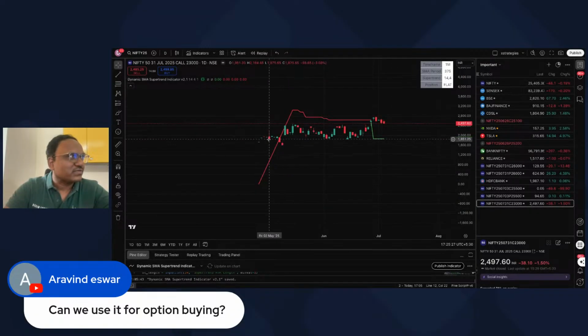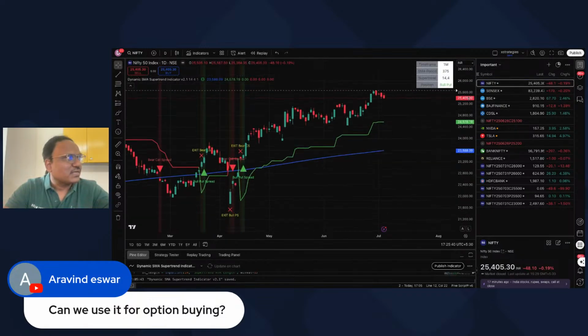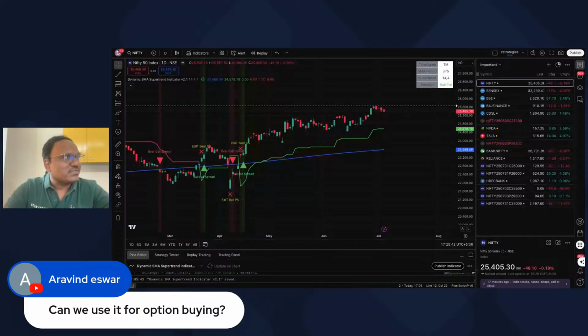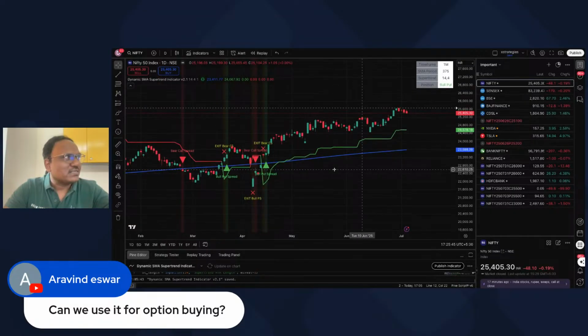As I said, I had shown here, even if you entered on 25th April, that is still an up move here. So you would make definitely some money. But I personally would not suggest you to use this for option buying because it wouldn't help you much. If the market is consolidating, you would end up losing money. But having said that, if you do the in the money option buying, you would get an advantage of intrinsic value. So you would still make some money. But as I said, the thumb rule, do not use for option buying.